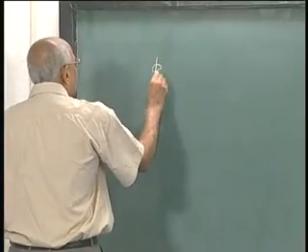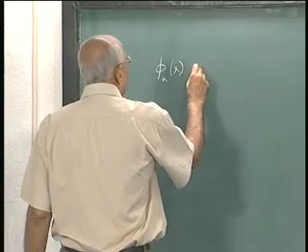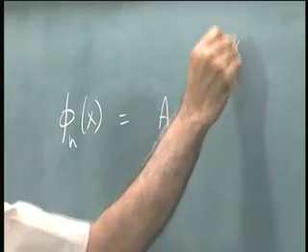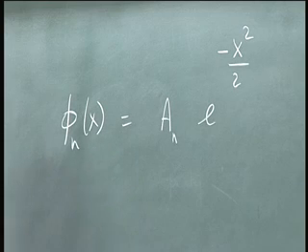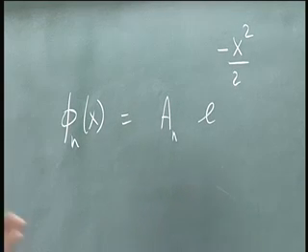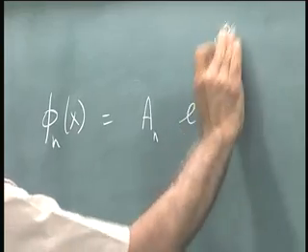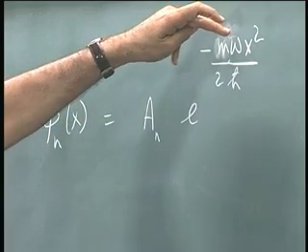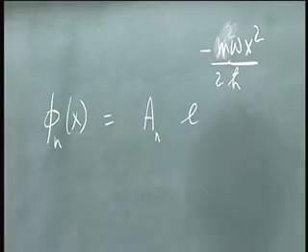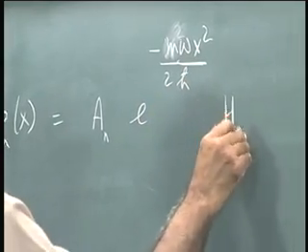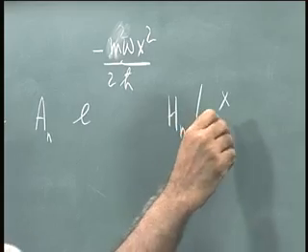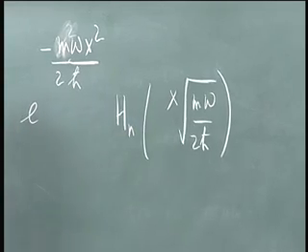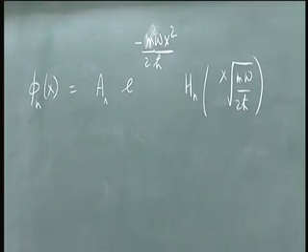The wave functions themselves, phi n of x for the oscillator, are of the form some normalization constant multiplied by e to the minus x squared over 2, measured in units of m omega over h cross, or whatever. So 2h cross and then m omega x squared. Was it? This is right, m omega x squared. So a Gaussian function of this kind, and then Hn of x root of m omega by 2h cross, which is a dimensionless quantity. Okay. And these Hns were the Hermite polynomials,